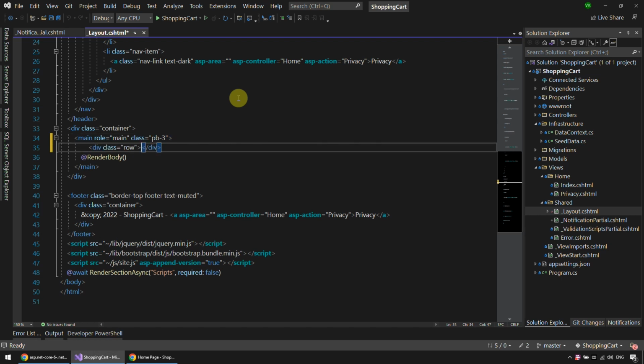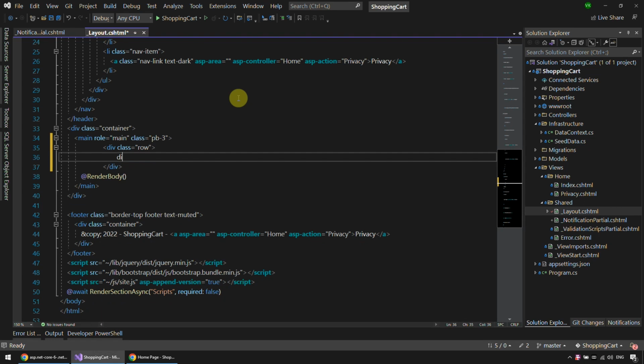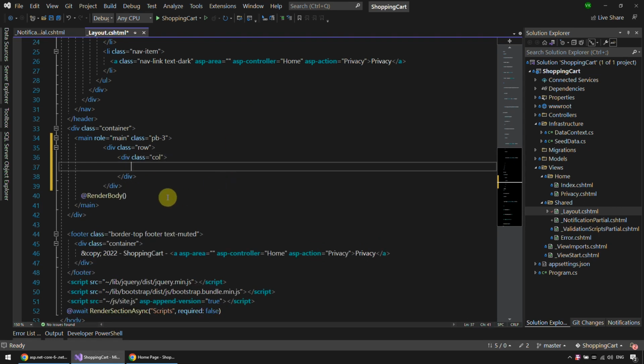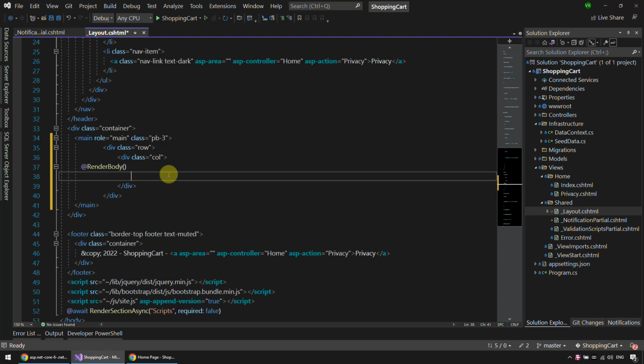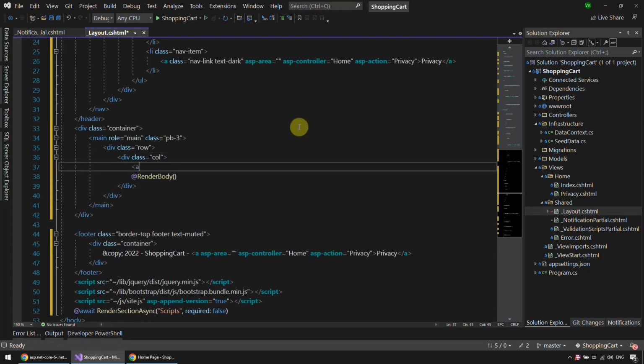I'm gonna have a row here and a div class col, with this render body, Control KD, and the partial. So partial name, and let me just F2 here,